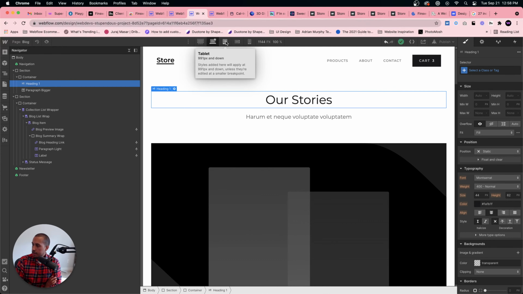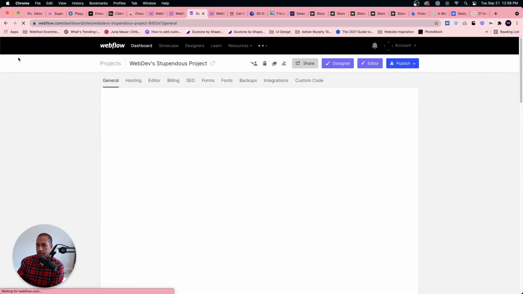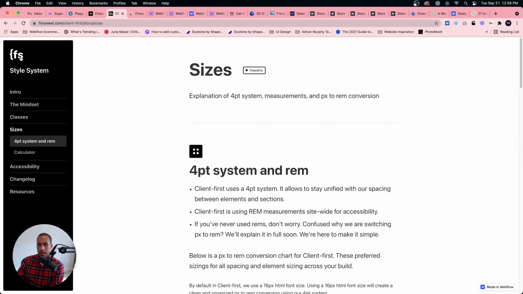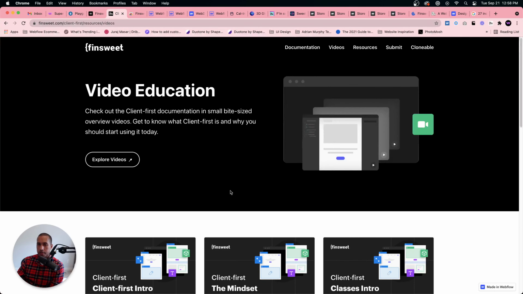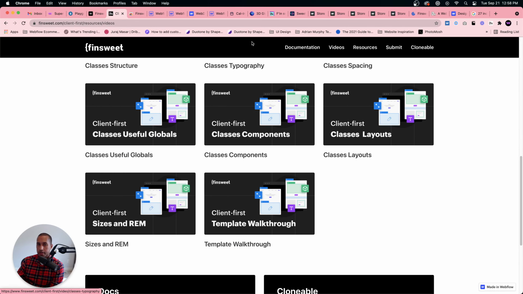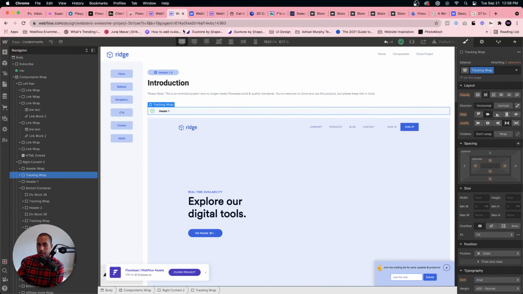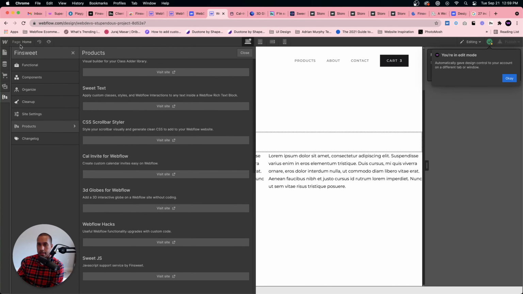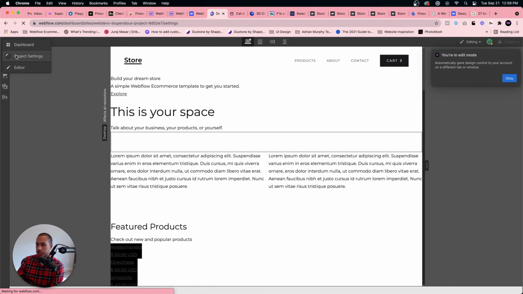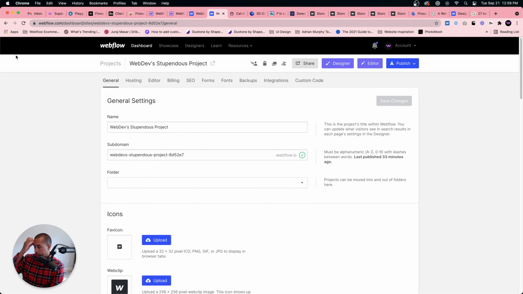All right, so Abil wrote, Omcar, do I set the rem to body? Like I set 1 VW font size for body, and after that I use rem on each heading and paragraph. So I did cover this, Abil. I think you can just go into the project settings, and I would actually recommend going to Client First on Finsweet and watching the sizes and rem video, because he kind of goes over the whole thing. And you could even use their Client First if you're inclined to. But you can go into the project settings, and I believe you would just set, but this is where I get confused, because if you set the